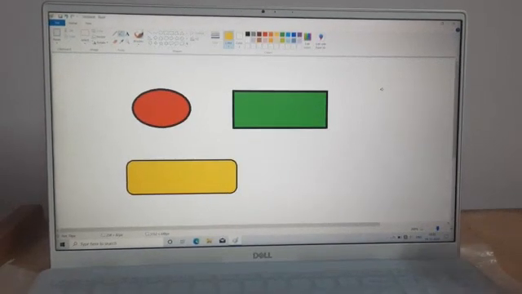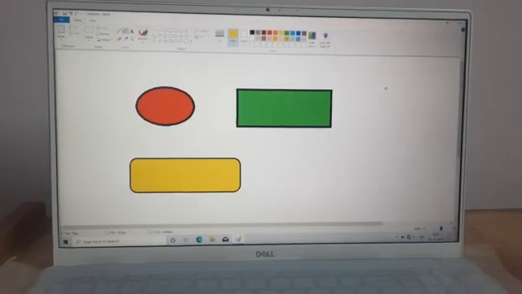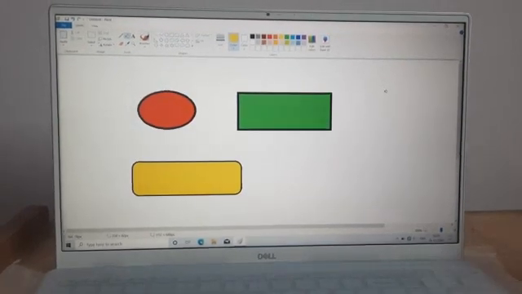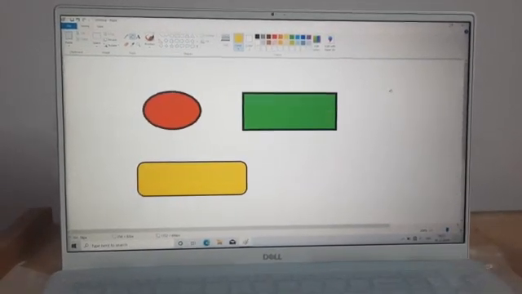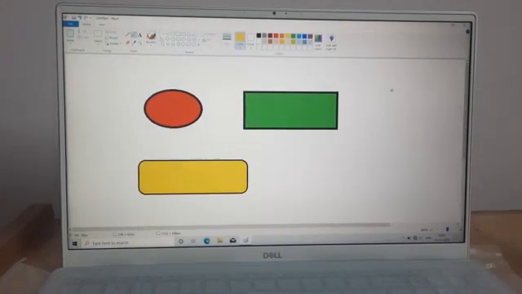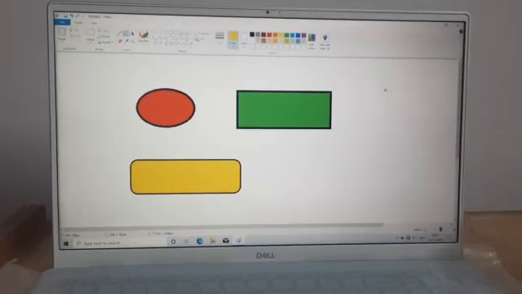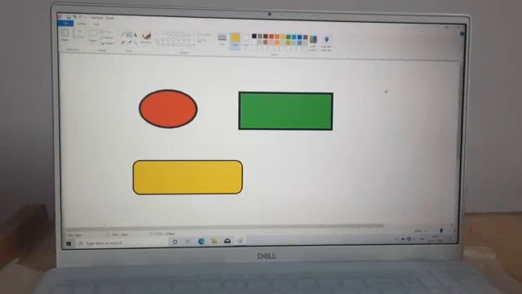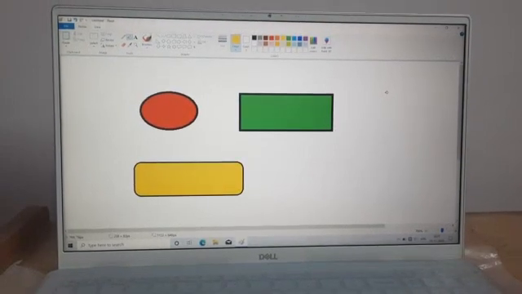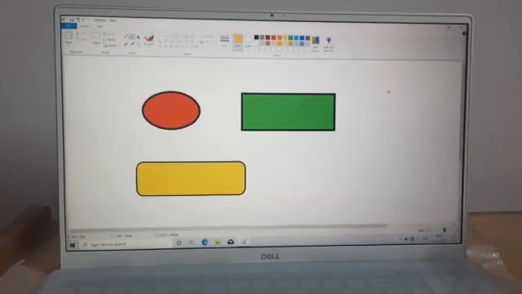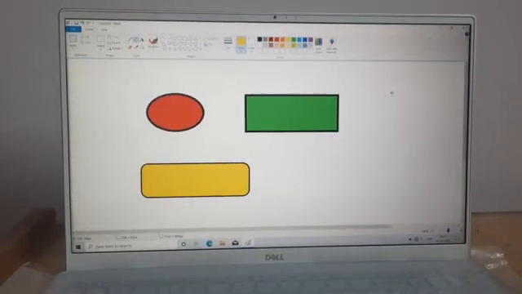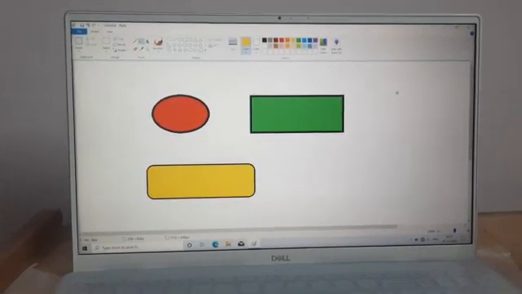And children, while drawing your image, you must save it side by side for further use, so that you can use it in future if you want to look at your drawing or if you want to use it, so it is easily available in the computer. All right, so first let's see how we can save our drawing. So now this is my drawing. I want to save this drawing. How can we do this?